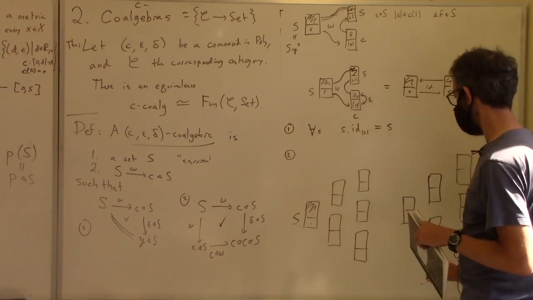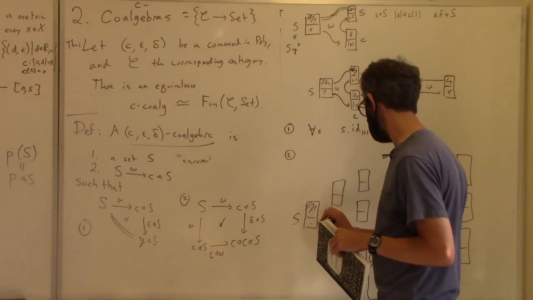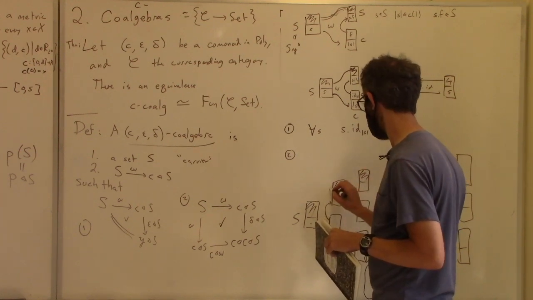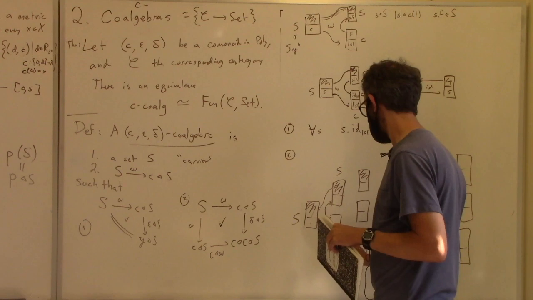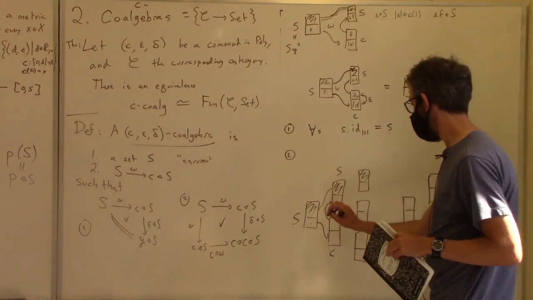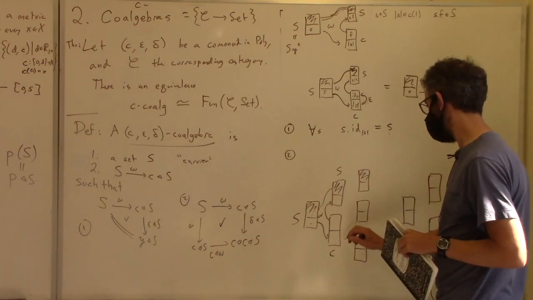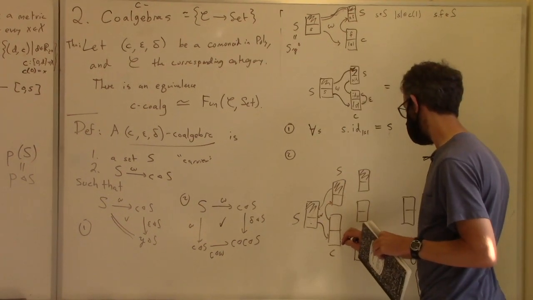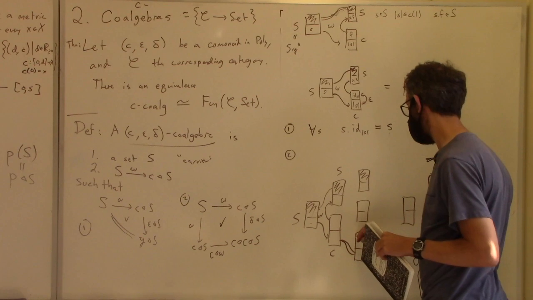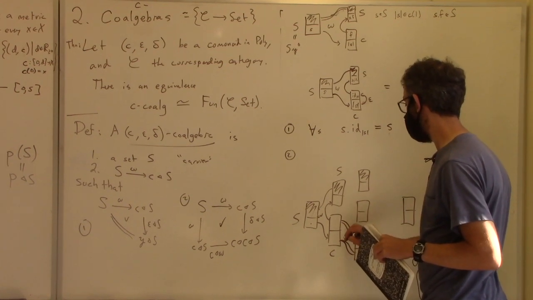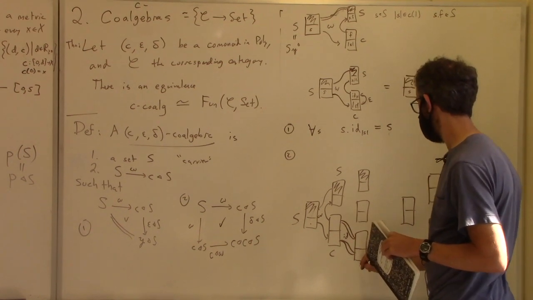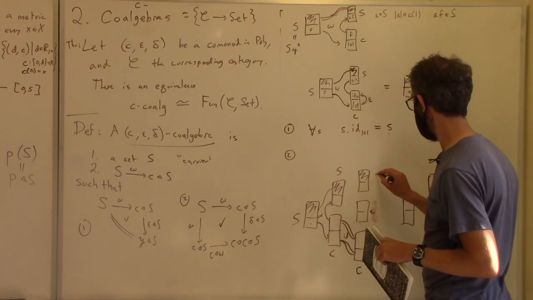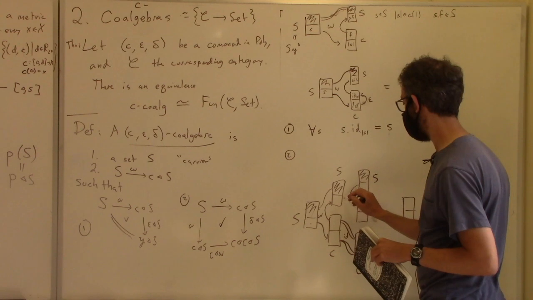Well, it's these polybox pictures, and I'm supposed to do omega. That's nothing, that's nothing. There's S, there's C, and there's omega. And then we're supposed to do, I don't know, let's do this one, C composed omega. So we're supposed to just copy this data. So that's identity there on C. And here's C again. And here's S. And this one's